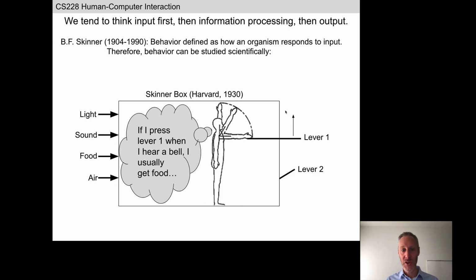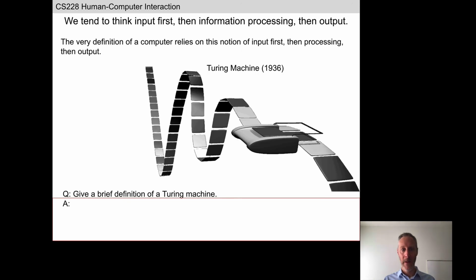We can, of course, put a human in a Skinner box as well and ask the same kinds of question, which again suggests or reinforces this idea that humans are animals and ultimately the smart technologies that we created, like computers, should take input, think about it, then do something and have an impact on the environment.